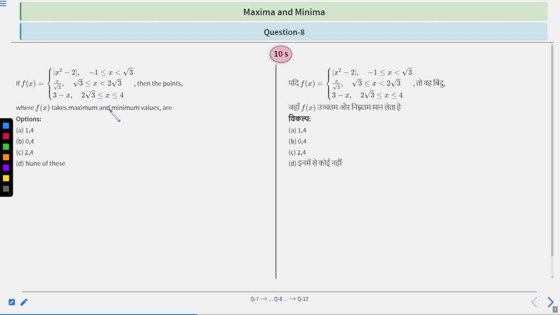So see, the hint of this question is we will find f'(x). We have to find the point at which we have maximum and minimum value, so we must find the critical points first. That is, we first find f'(x), and we put f'(x) equal to 0 to find the critical points. And at each critical point, we will find the sign of f''(x), the double derivative. When f''(x) is less than 0, f(x) will be maxima, and when f''(x) is greater than 0, f(x) will be minima, right? Okay.